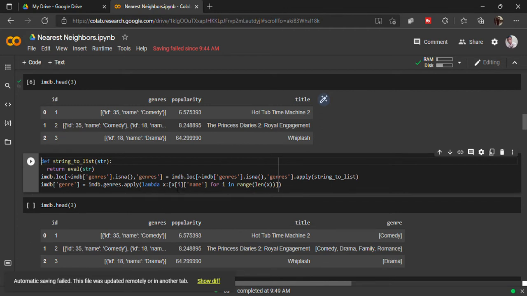So x sub i sub name. x sub i means in the range of the length of this column, like if the data set length is equal to this column length. So inside the range of this column, if you call the range function, it will basically take length x.